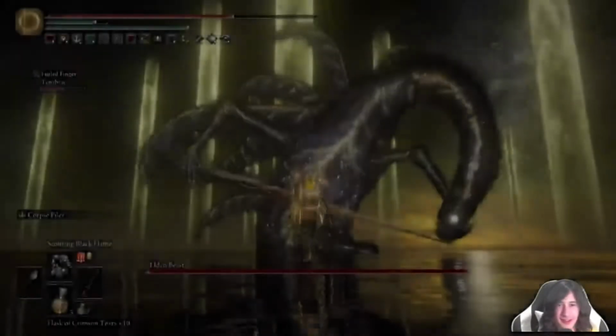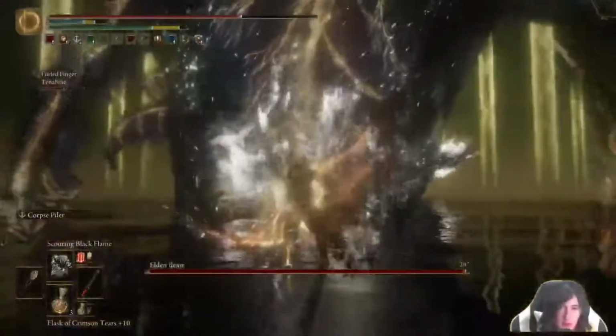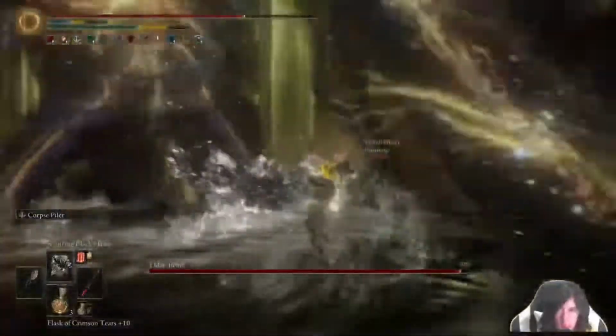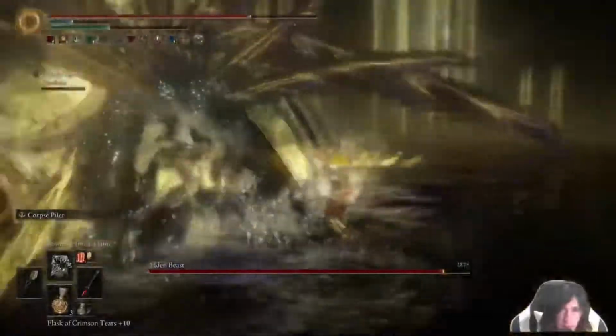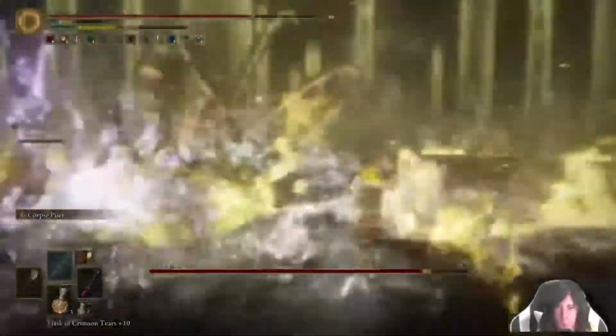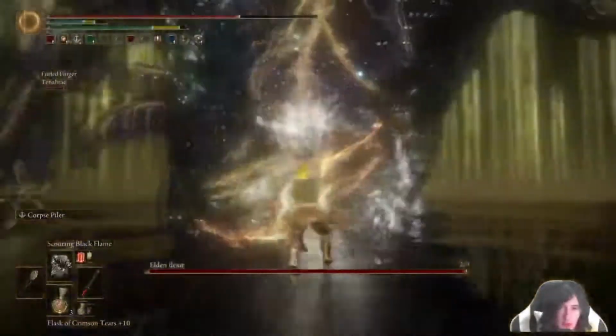Now for Elden Beast. Elden Beast can give you quite a bit of trouble. What you're going to want to do with your Scourging Black Flame is quickly attack the Elden Beast's belly. As you're doing that, Dr. Tyler, or your summon, is going to run behind Elden Beast and start going crazy with the Falling Star Beast Jaw weapon art. This should trigger the Elden Beast into doing a flame attack,